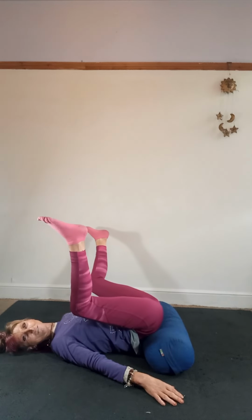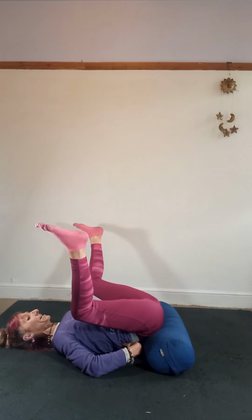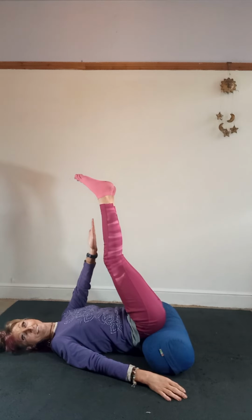I kind of like rocking a little bit side to side. You may keep still, totally up to you. It's about what feels right for you, but you'll feel the muscles stretching along your spine. And you can do that a couple of times, bringing the legs up, and you'll notice that I've already stretched